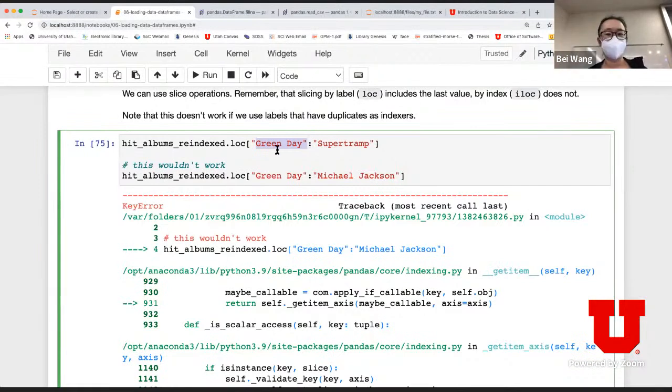Could you say, show me all the indexes between the first Michael Jackson and the last Michael Jackson's occurrence? That requires slightly more advanced coding. It's not going to look pretty if I put it into one single thing, but you can do that. What you can do is first locate all the records that are Michael Jackson, figure out what those indexes are, and then provide those indexes. Oh, okay. Right? Okay.